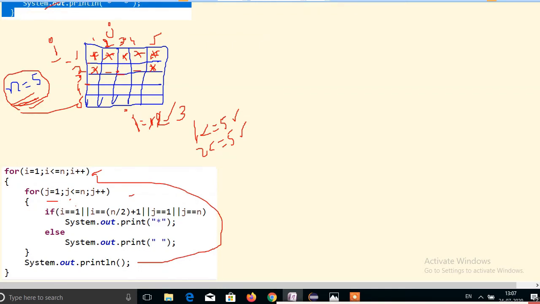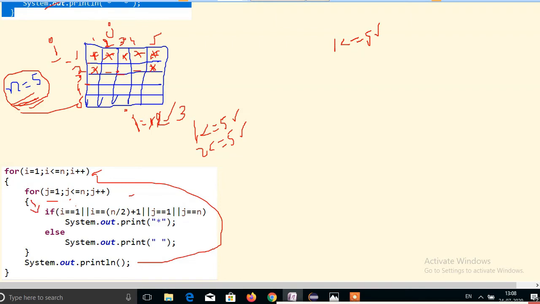Check the condition: 1 less than or equal to 5 is true, and i double equal to 1 is checked with i as 3, false. It will go inside the body.